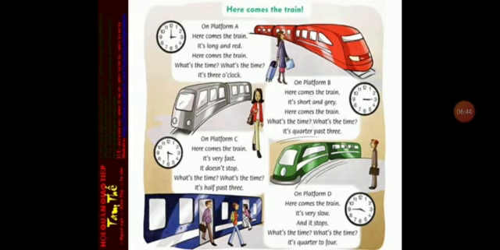On platform C, here comes the train. It's very fast. It doesn't stop. What's the time? What's the time? 3:30. On platform D, here comes the train. It's very slow. And it stops. What's the time? What's the time? It's